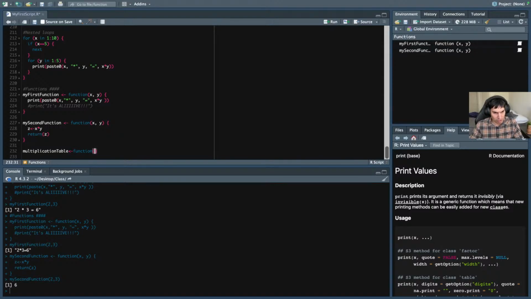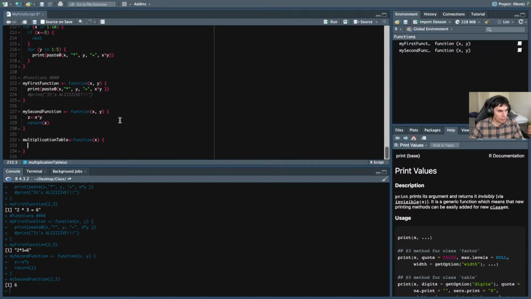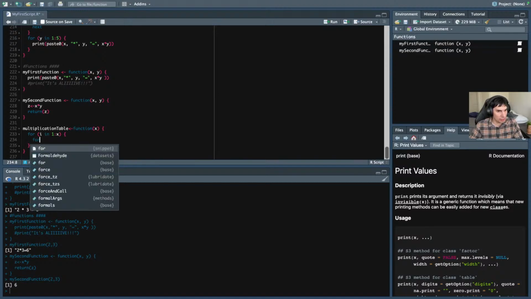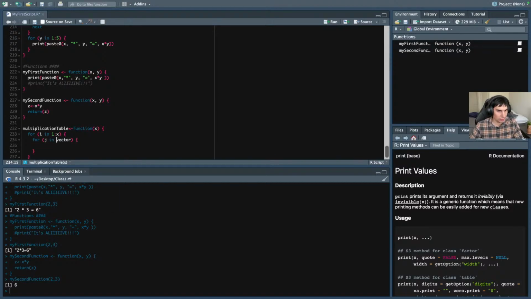Let's just take one argument, a single one. Let's call it x also. And here, what we're going to be doing is using a for. Let's insert the snippet. Let's say i in 1 to x, and x is the number that we're going to insert here. It's going to be doing something, and then another for loop inside, for j in 1 to x. We're going to be doing something else, and then here we're going to be doing a print